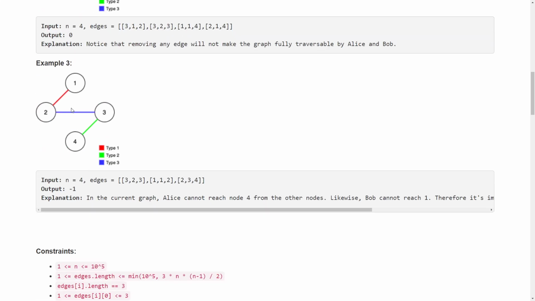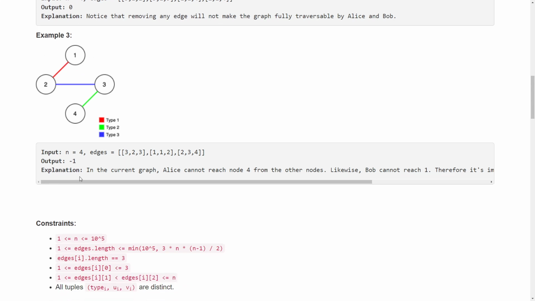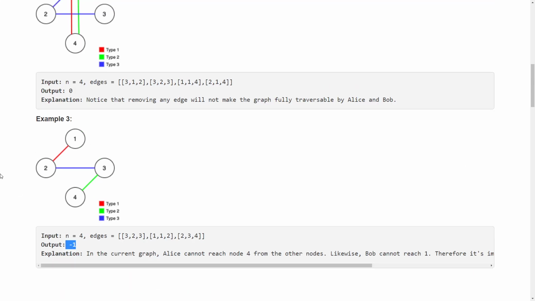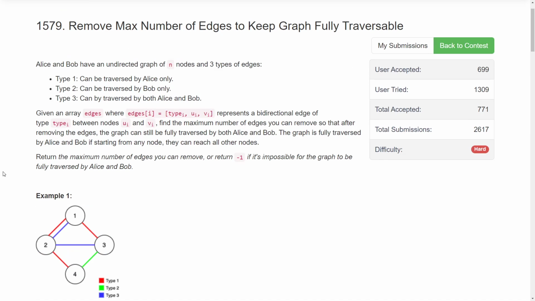And now look at this case. 3 and 4 are only connected by a green edge, and there is no other way to reach 4. That means Alice can't travel the whole graph. Similarly, 2 and 1 are only connected by a red edge, and there is no other way to reach 1, so Bob can't reach node number 1, so the output is -1. Even if you don't remove anything, you can't traverse the graph. So this is the question, and how I solved it is